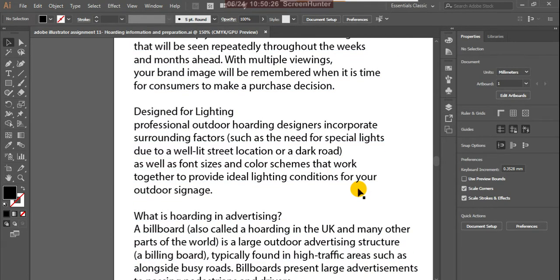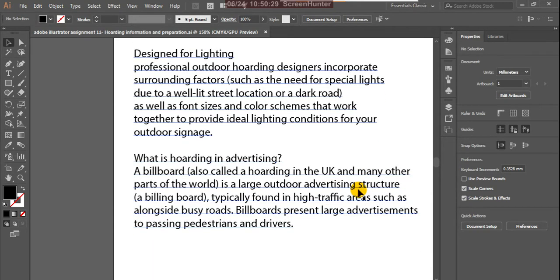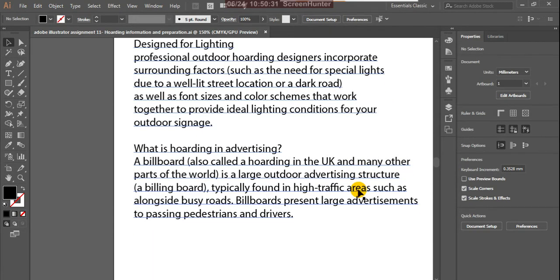Nice. Then what is a hoarding in advertising? Suppose from an advertising point of view, what is a hoarding? A billboard, also called a hoarding in the UK and many other parts of the world.